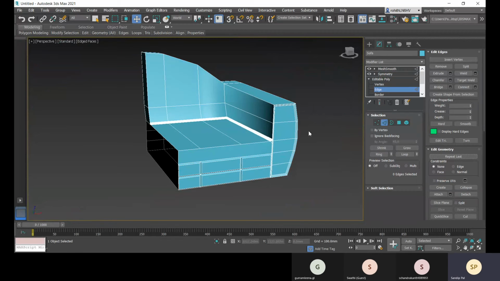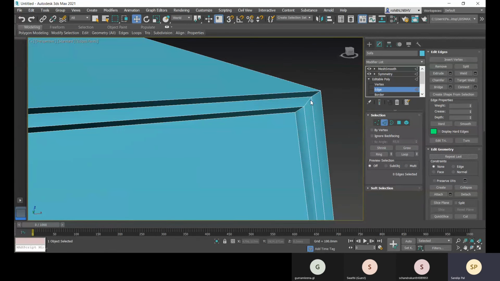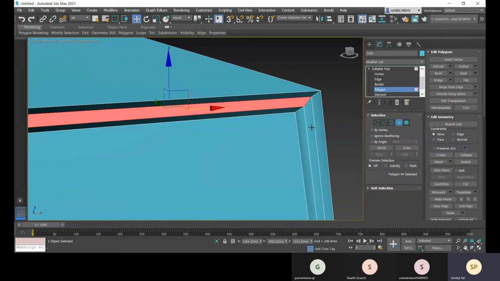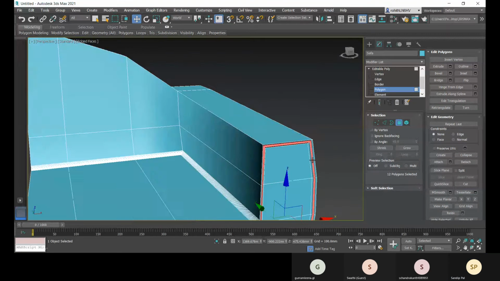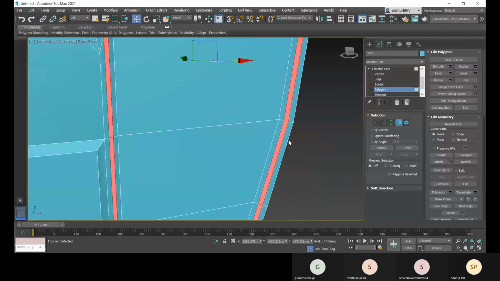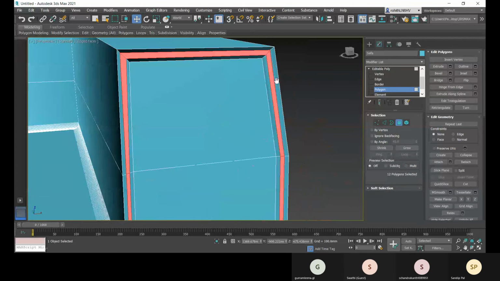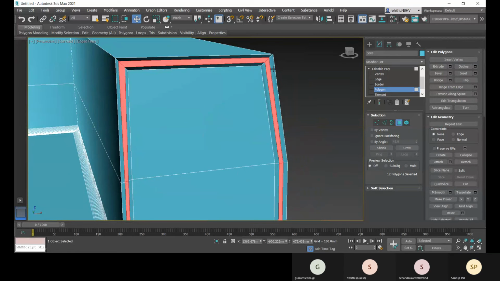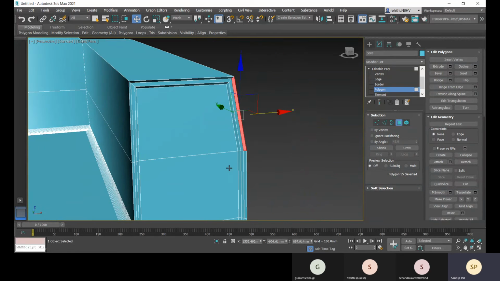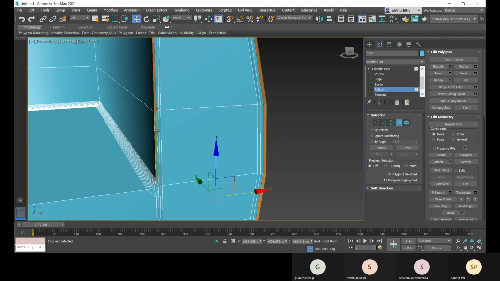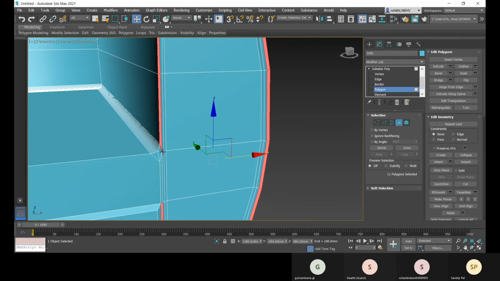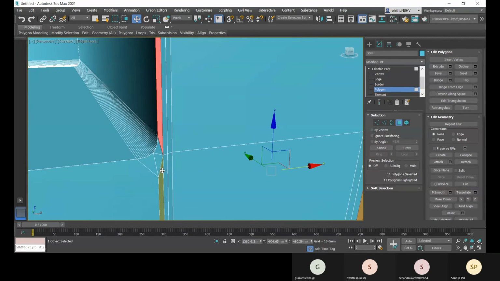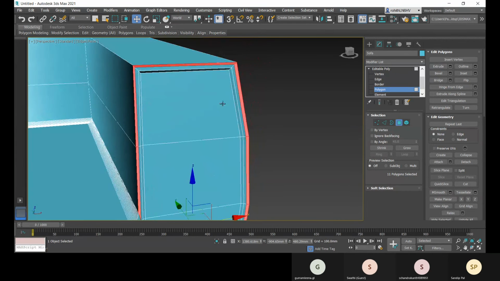So let me come to this editable poly here again, and I will go for this, and let me select this outside.